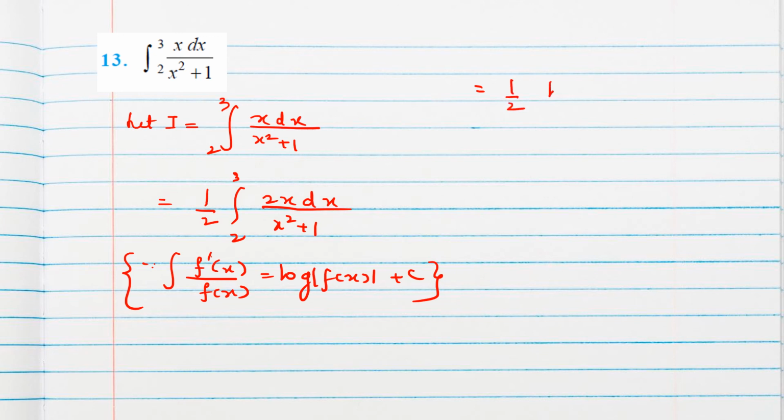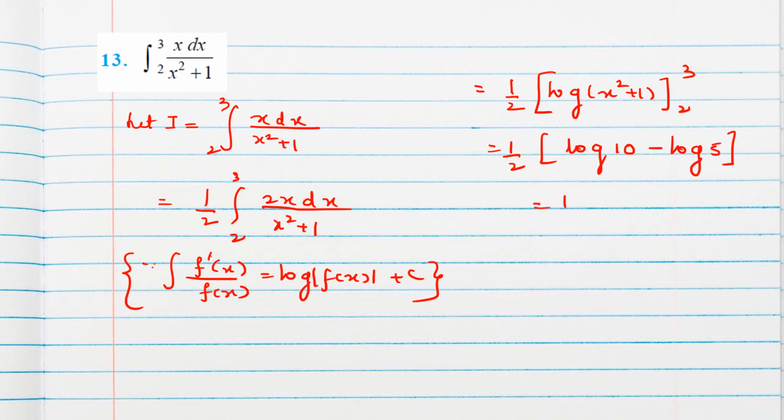That means we can write log of the denominator x square plus 1 between the limits 2 to 3. So now the x value we will write 3: 3 square plus 1 means 10, minus 2 square plus 1 means 5. Now apply the log property. Log a minus log b means log a by b, which gives the answer as half log